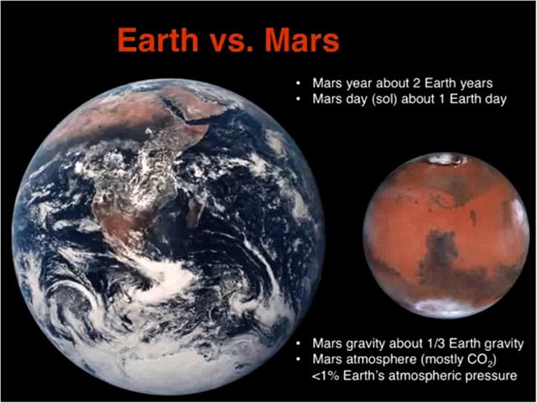So that 1/3 size of the Earth means that the gravity of Mars is about 1/3 of Earth's gravity. You would weigh 1/3 of your weight on Earth if you were on Mars. Mars does have an atmosphere. It's very thin though, and it's mostly CO2 rather than nitrogen and oxygen like on the Earth. The atmospheric pressure of Mars is only about 1% of the Earth at the surface. So it's a very, very thin atmosphere and mostly CO2, so you couldn't breathe it if you were there on the surface. So those are some of the differences.